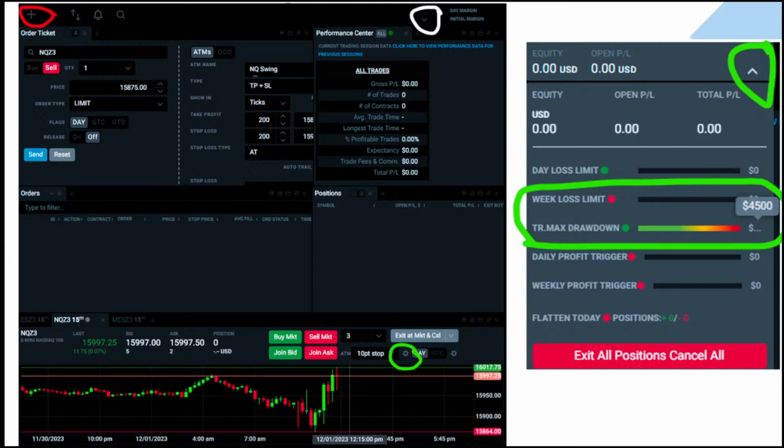For me, honestly, I don't need order ticket, but for pleasing to my eyes, I have it on there still. I love having orders on here, mostly because I have to push my positions out to you guys. If it wasn't for that, I probably wouldn't even have that on there.